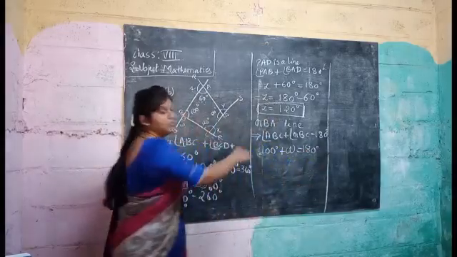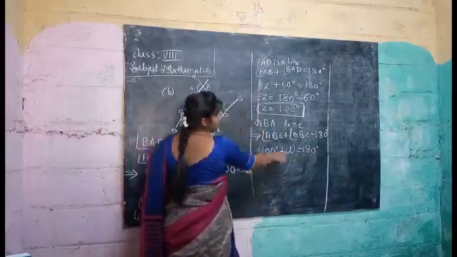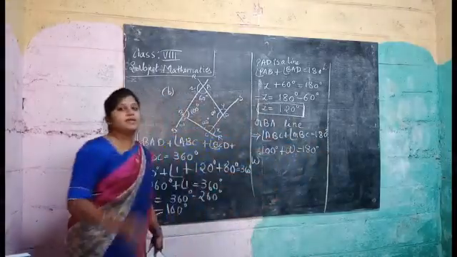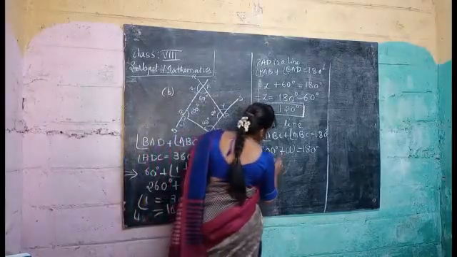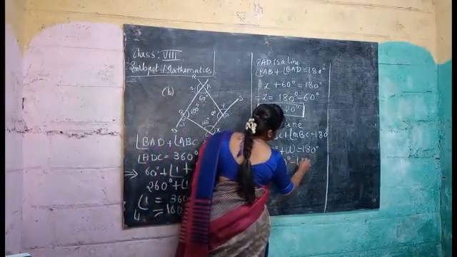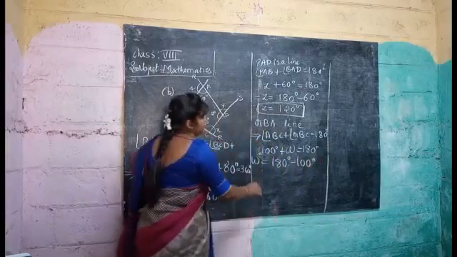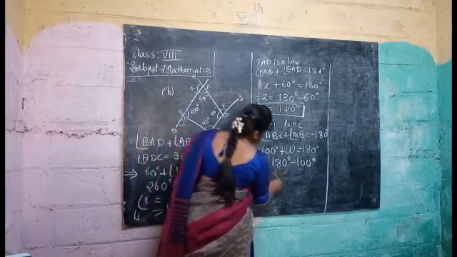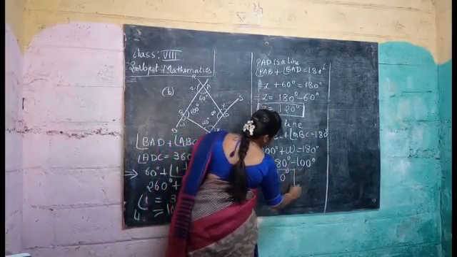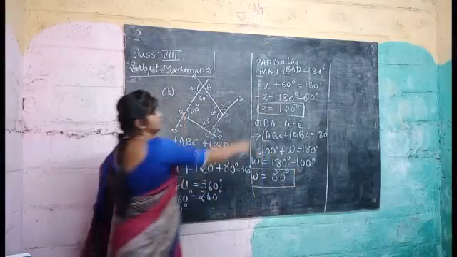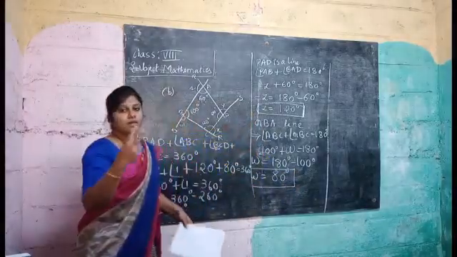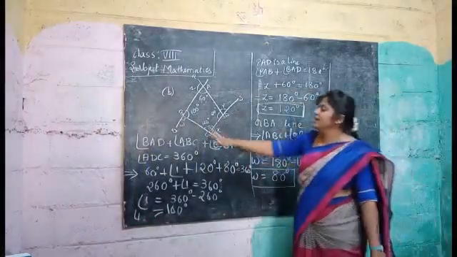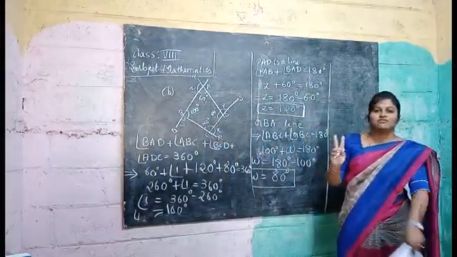Okay, I am taking W this side, and moving 100 to that side. When we move to that side, we change plus to minus. So that will be 180 minus 100 degrees. When we subtract 100 from 180, what do we get, children? We get 80. We got W now. We got Z also. We got two values. Now how many values remain to be found? Still two more values we have to find.